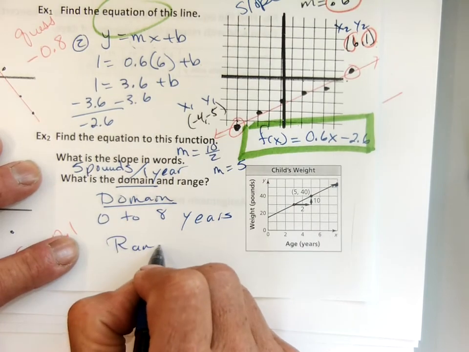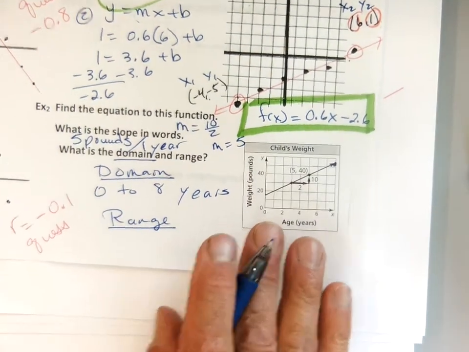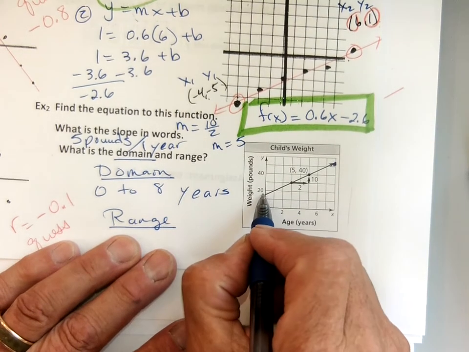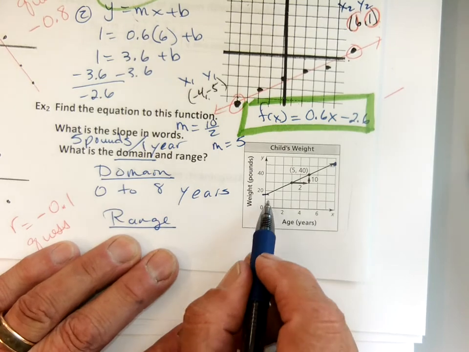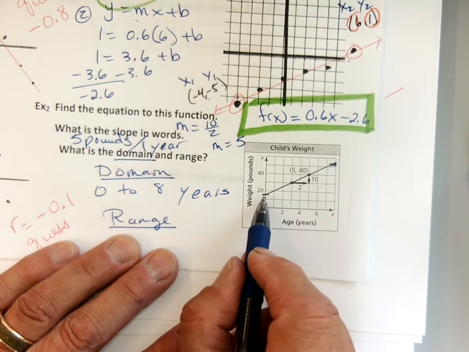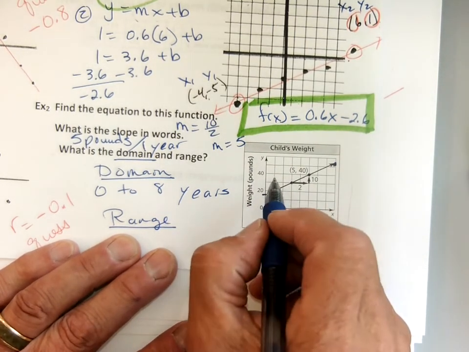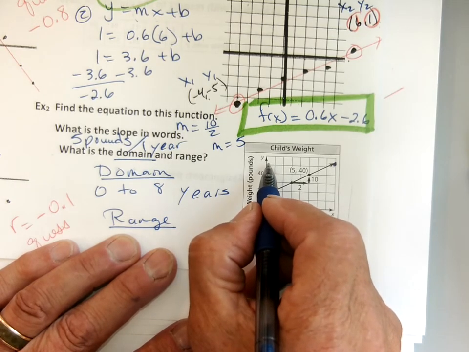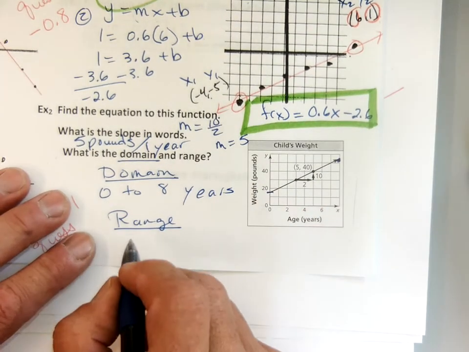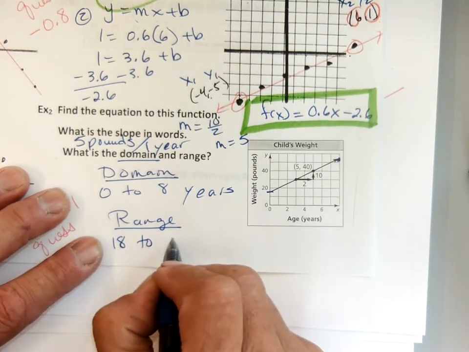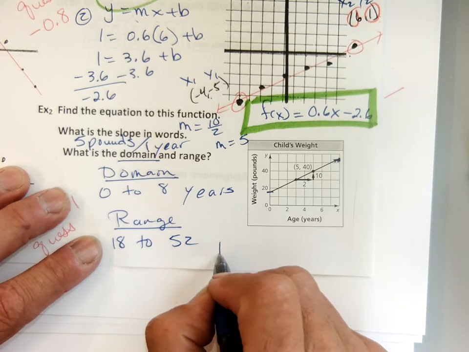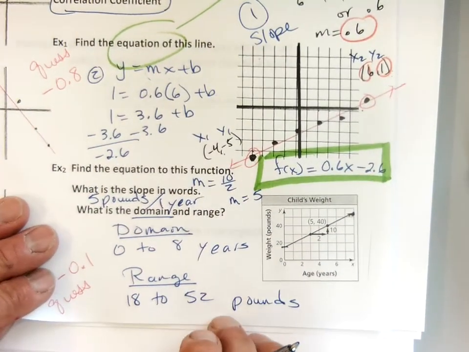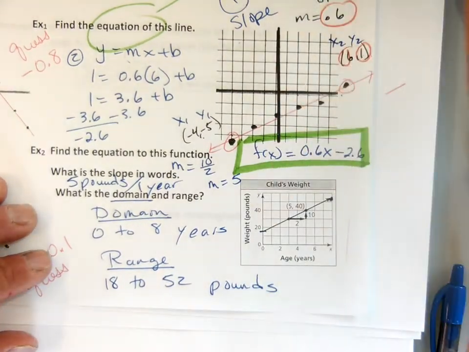And the range, what's the range? 0 to 50. Looks like it's about 18. I'm just guessing 18. You guys okay with 18? 18 to about 50 is pretty close. I'd almost go with maybe 52, right? I'm going to go 18 to maybe 52 pounds. Okay? All right, we're going to do the back side of this on Tuesday, and we're going to talk